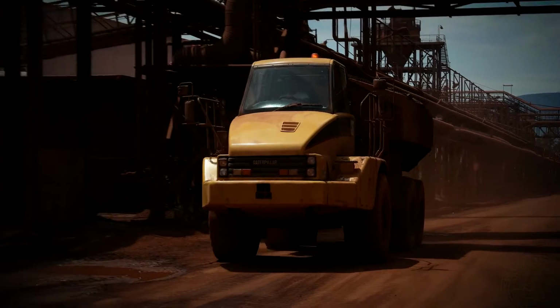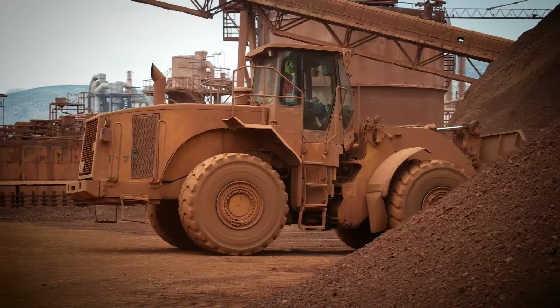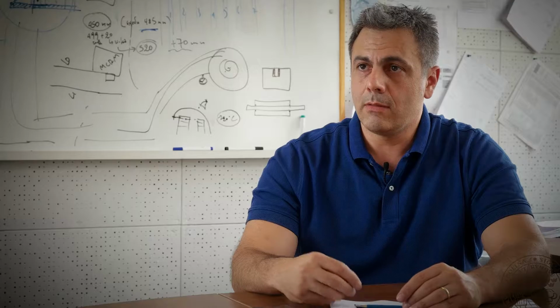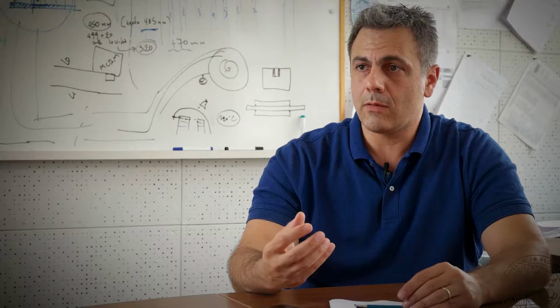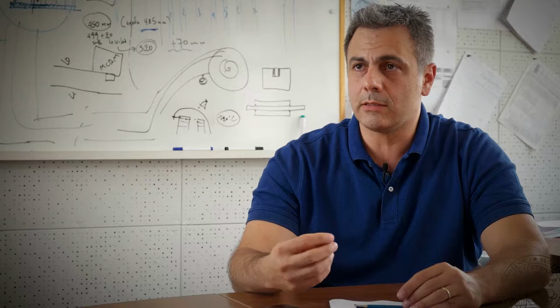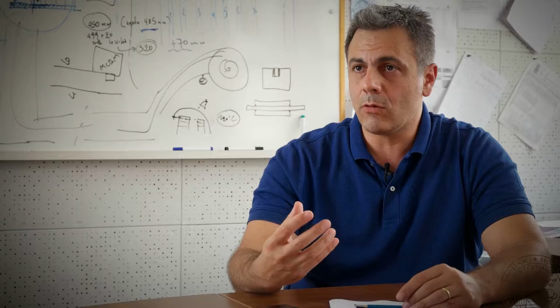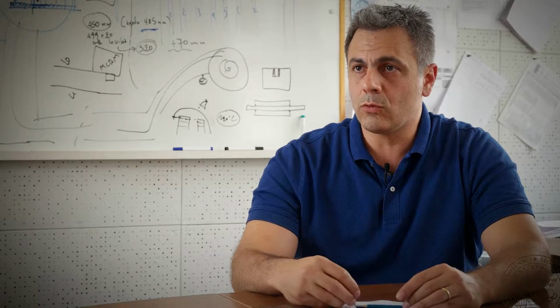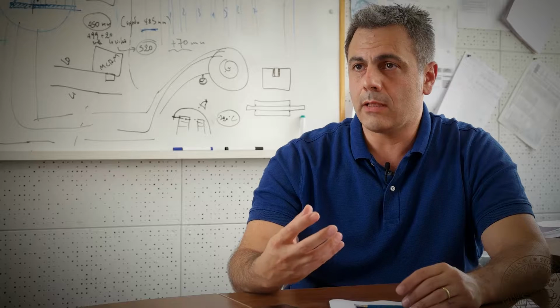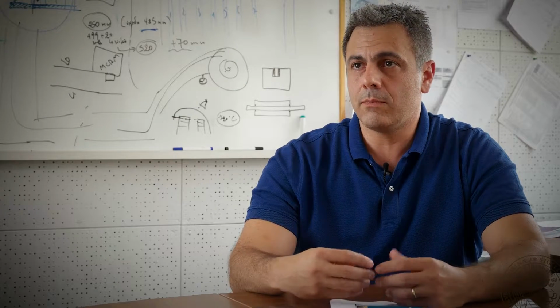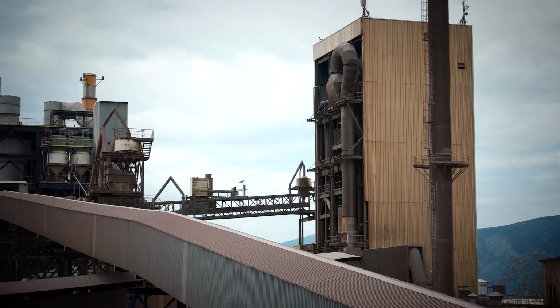So then we have to give it some time in a settler to settle down all the solids, and on the top we have the liquid. This liquid is mostly sodium aluminate, and it is the pregnant liquor that we are going to use in order to produce alumina. So we take this liquor and we filter it very well to be sure that there is no solid inside, and we pump it to the next unit, which is precipitation.